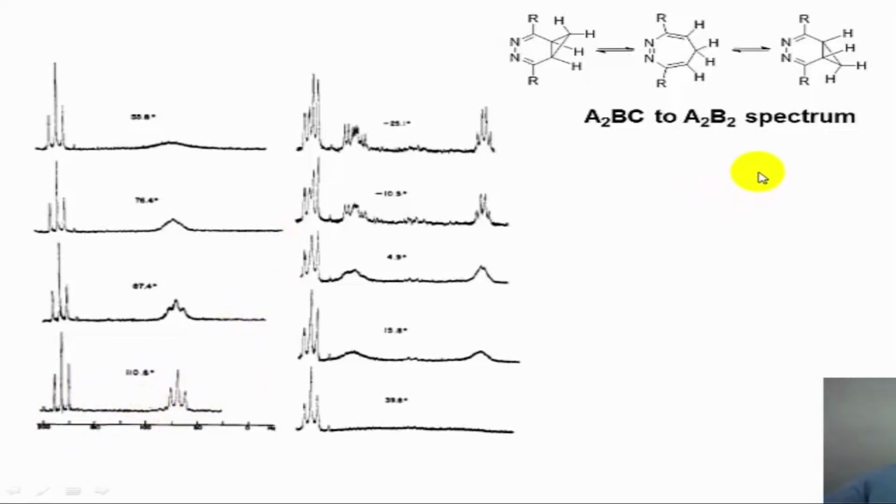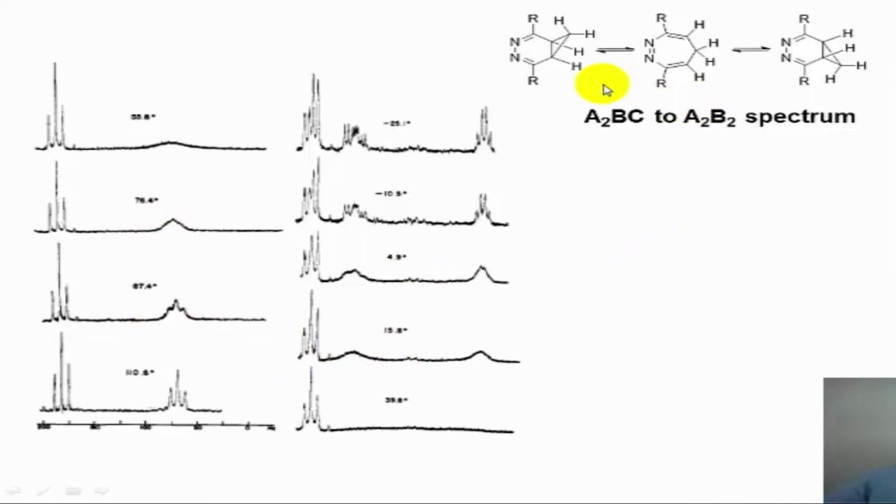Now when the molecule is actually in a frozen state, when the rearrangement is considerably reduced at low temperature, at minus 25 degrees for example, what one sees is a second order A to BC kind of a system, which is fairly complicated. This A to B and C kind of a system is what is seen here, and in between temperatures of course you have the uncertainty principle kicking in, and as a result of that, broadness of the signal is what is seen in the molecular system.